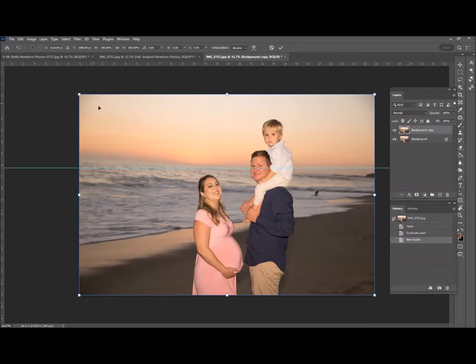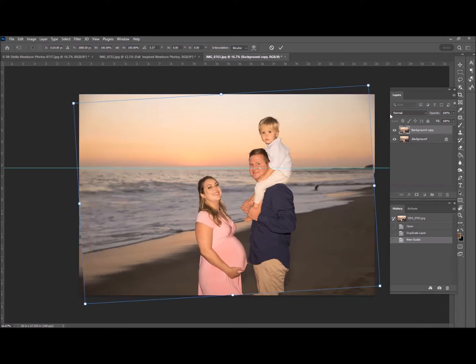The rotate is the quarter circle with the little arrows. So that's going to be your rotate. And that's what I'll do first. And I'm just lining this up with my guidelines so that the horizon is straight. Okay, so that's perfect. Press enter to